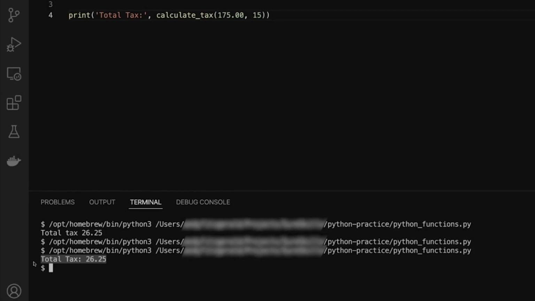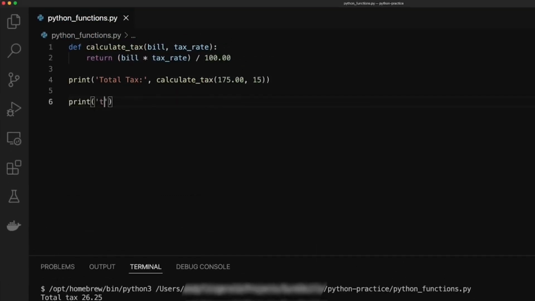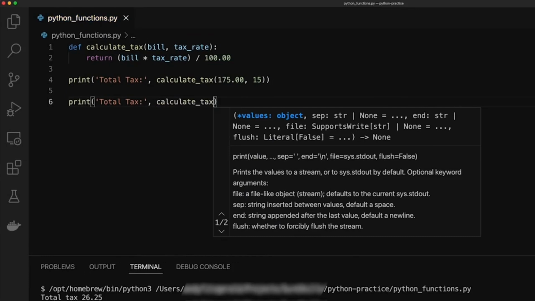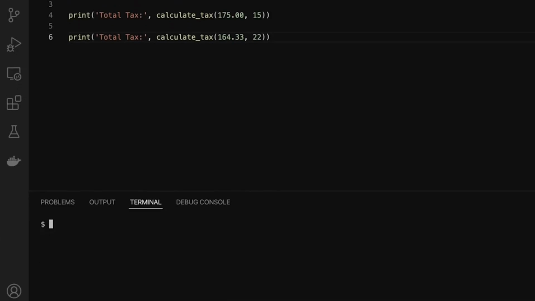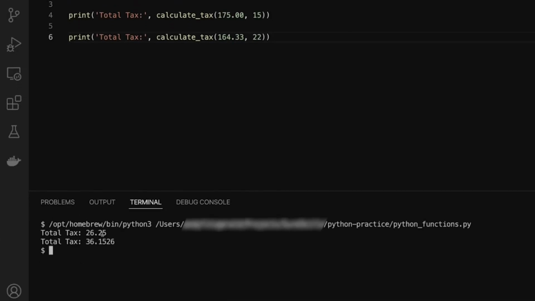If I want to change the rate, I can reuse the same function, total tax. I'll call the function again, calculate tax. I'll give it a different value for a bill, say 164.33. This time I'll change the tax rate to 22%. Clear the screen, and then click on run, and my total tax for the second item is